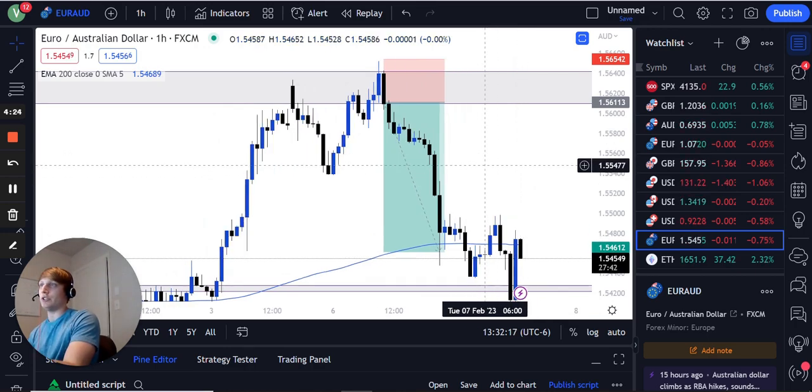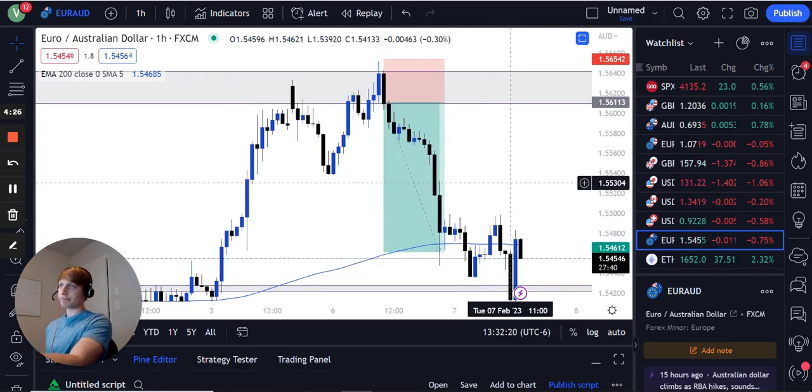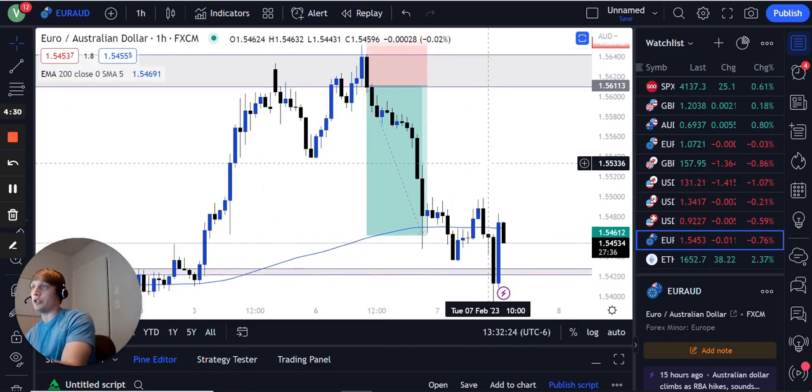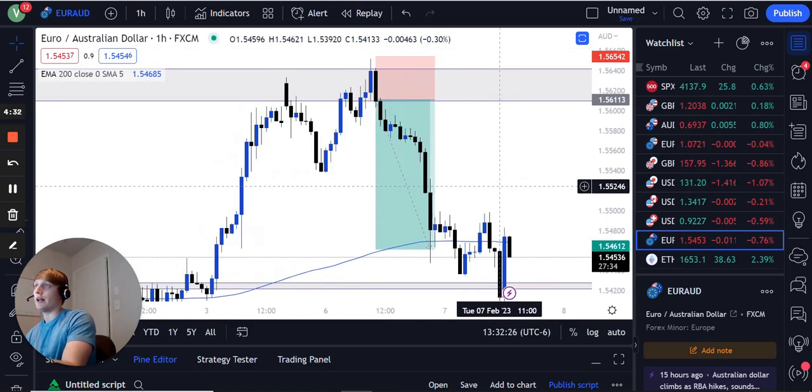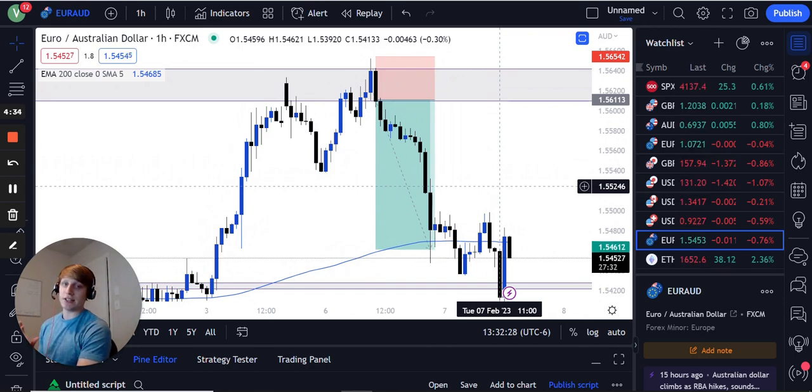But imagine catching 150 pips. If you're using a one lot, that's 1.5K. I mean, you can really make some serious money with this. And again, I'm just now starting to test this, supply and demand on larger time frames. So not saying that I'm going to be doing this forever, but this is one that I saw, and it